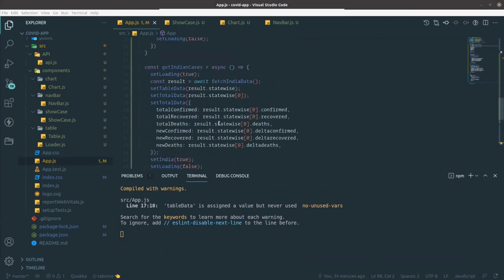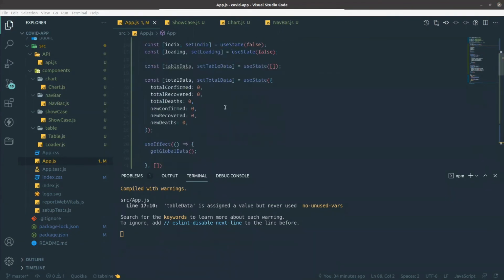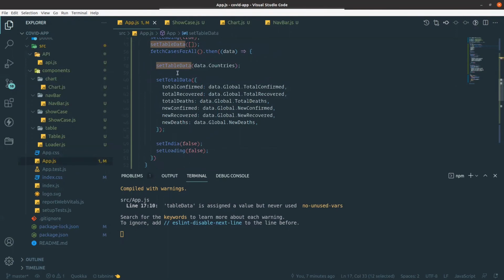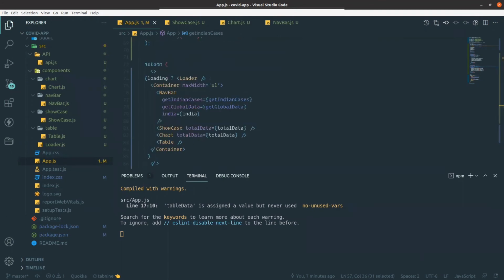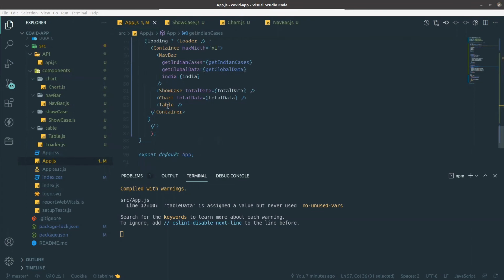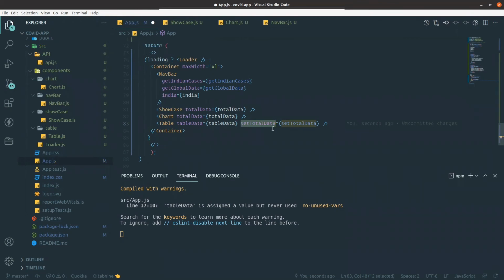Now move to table. For table I need to pass one prop, that is table data. I'm passing this table data prop, like table data, and the set table data I need to pass, because I already showed one feature in that table. If someone clicks on that add button, then that row data will reflect on the showcase and the chart also.